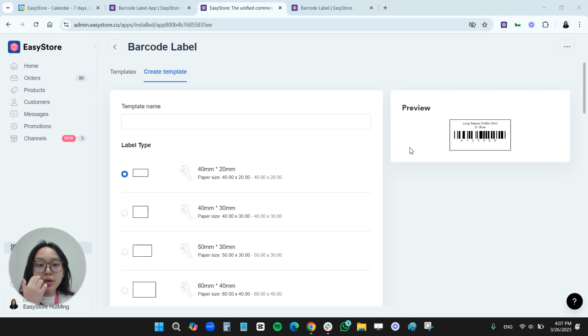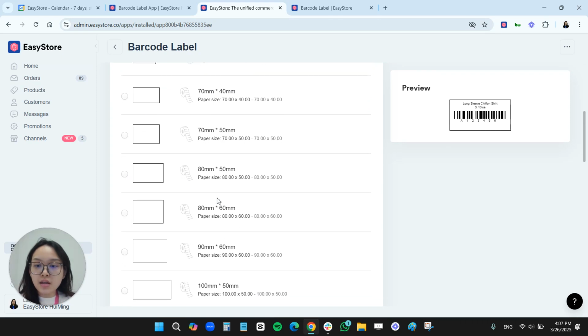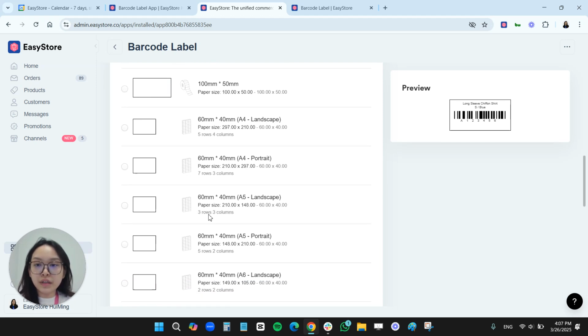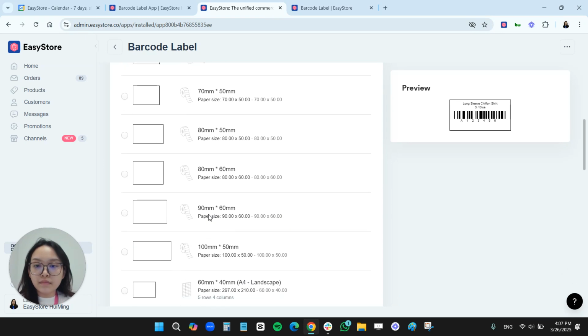First, name your template so you can easily identify it later. Maybe here I'll put label C. Next, choose the label type you need for your product. Here we have up to 10, 20, various types of sizing when it comes to labeling your products. You can select your preferred label. For example, we go with